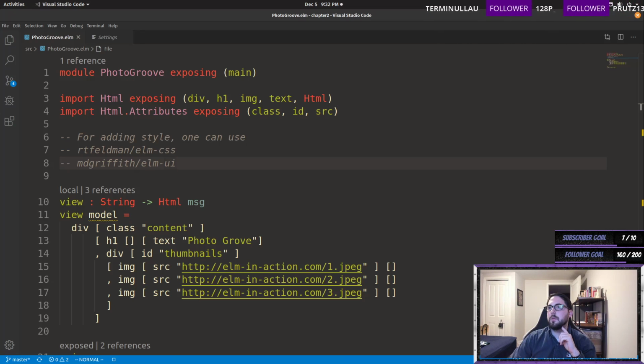Because we could style our page using a separate Elm package or by writing inline CSS styles using the HTML attributes style attribute. But instead we're going to organize things by writing our CSS declarations in a separate CSS file. Okay, that's fine. We can always try and convert between these later and play. I just don't know a lot about CSS, so